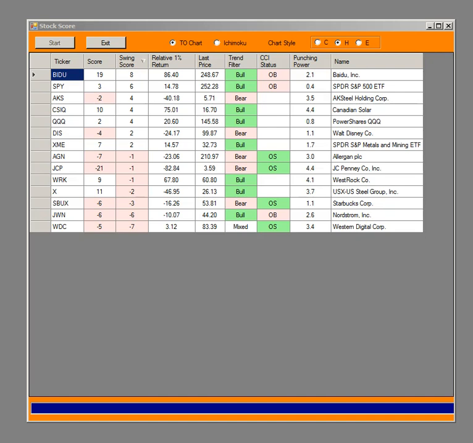I want to go over some swing trade setups that could be initiated if the proper things occur on Tuesday, which would be October 3rd. And the first thing we did was go through a universe of about 150 stocks and run them through some scans and narrow it down to